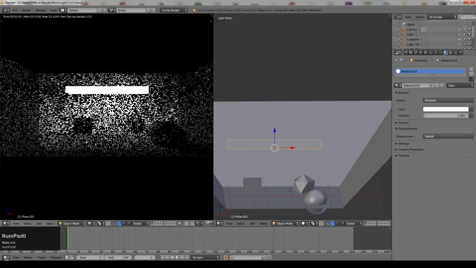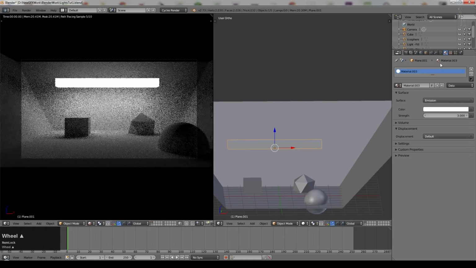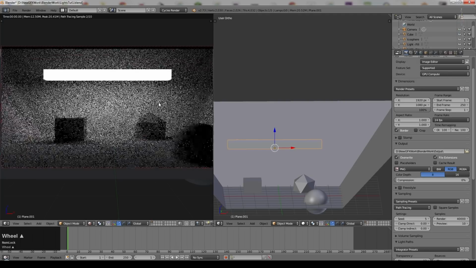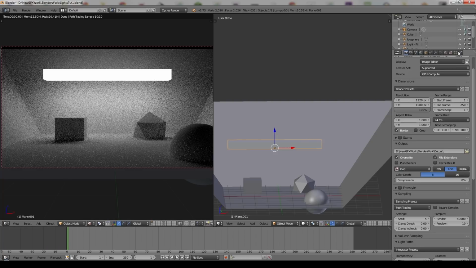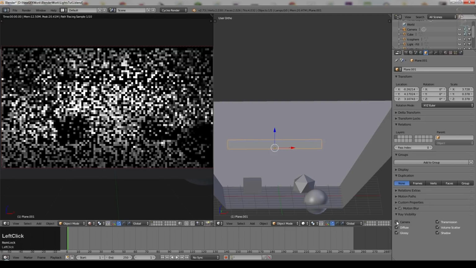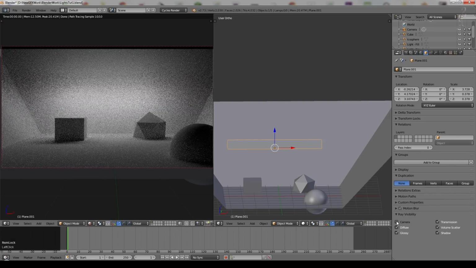Only problem is I don't necessarily want to see that lamp. I've just stopped rendering anything outside of the camera there. So I want to see the effect of the light. Maybe I even need the lamp quite close to my object, but I don't want to see the lamp itself in the scene. So that's pretty easy. Go to Object Properties, and under Ray Visibility, turn off Camera. And now you can see the lamp is illuminating the scene. We're seeing the light bouncing off the object, but we can't see the lamp itself.